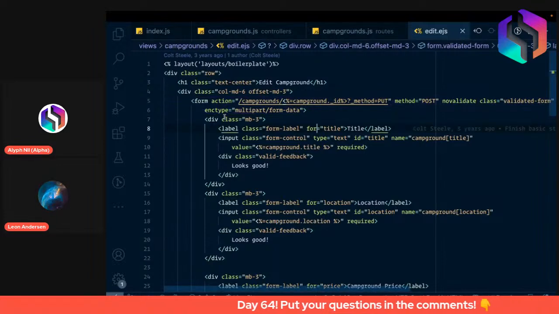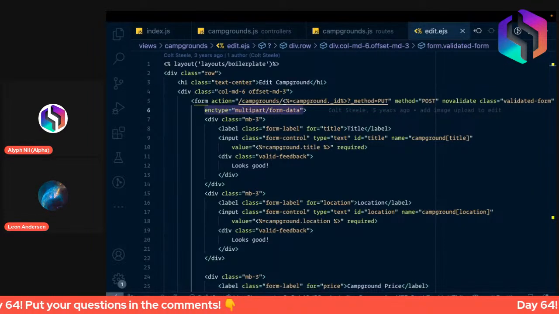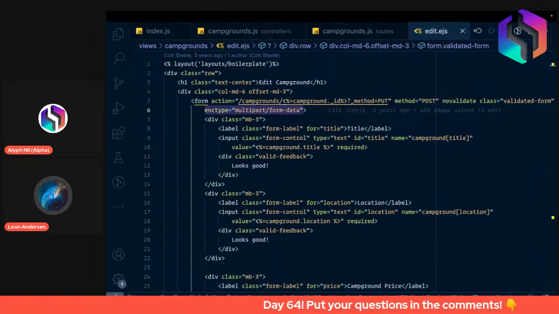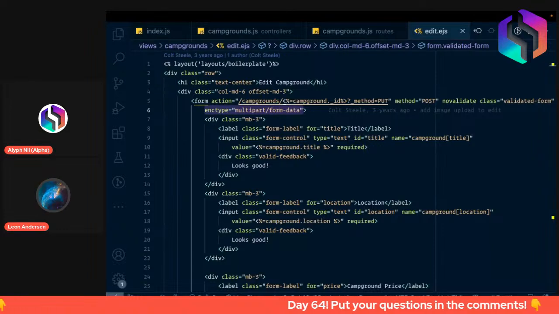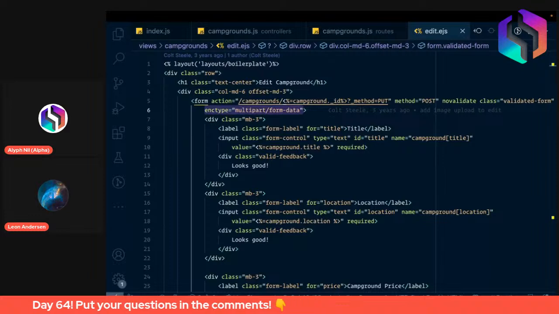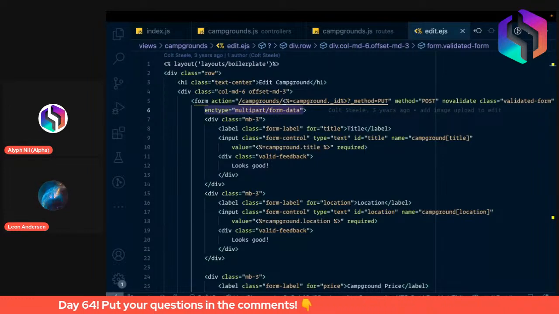So multipart forms right here allow file uploads. Yes, we added that, exactly. We didn't have that part in the form before. So maybe just a clarification question. Am I right that this enables that we can have both URL encoded and the image upload? I think so. I don't usually work with URL encoded, so I cannot specifically say, but it probably does,